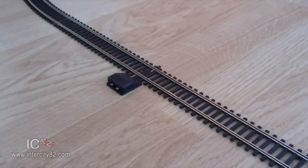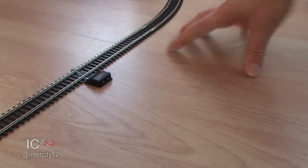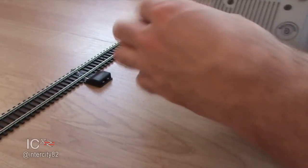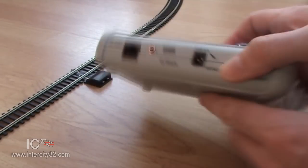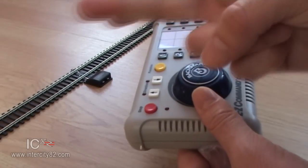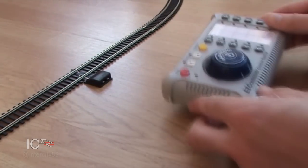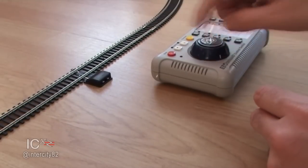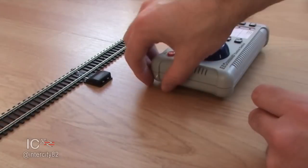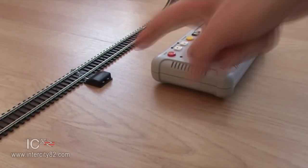and now we can turn our attention to the controller. So I'm going to set the controller up just here, I think. And here it is. Let's just take off this piece of film that was wrapped around it. Hopefully this one is going to work just fine. As I say, the other one didn't, which didn't exactly impress me, but well, there you go. That happens sometimes. So we need to plug this into the track